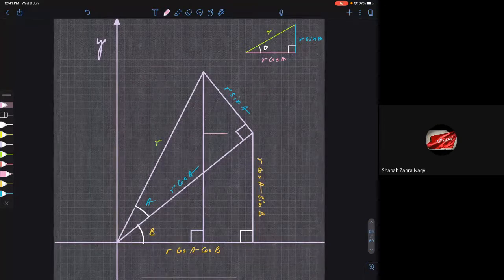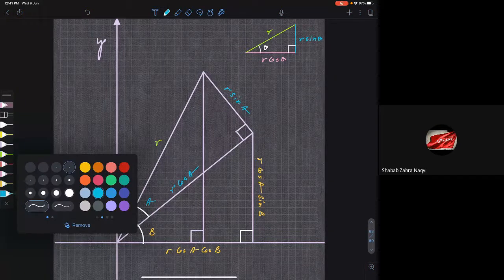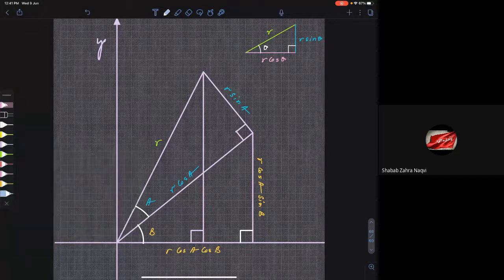We draw a line here. Okay, one line is drawn. I'll put that in a different color, so let us take light blue. This is the critical thing in the derivation: this extra line I have drawn. Now this angle becomes 90 degrees. Are you getting my point? Now this is a new right angle triangle.